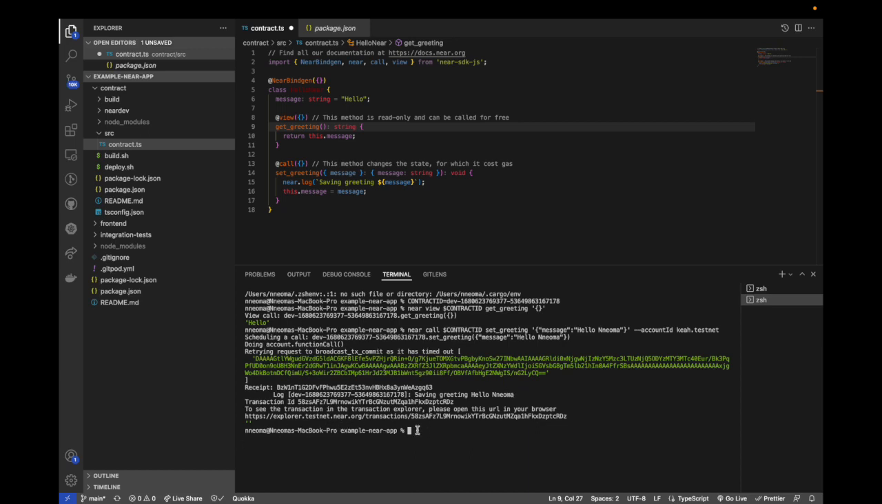So to see whether that actually changed the contract, we're going to go up twice to the command that we use to view and hit enter. And this says hello Noma. So congrats. We have changed our smart contract and updated it with some new information on the blockchain. All right, so now that we know how to read a smart contract and write to it,